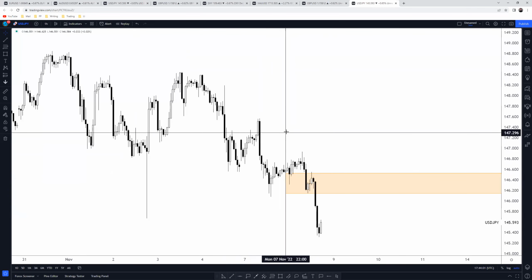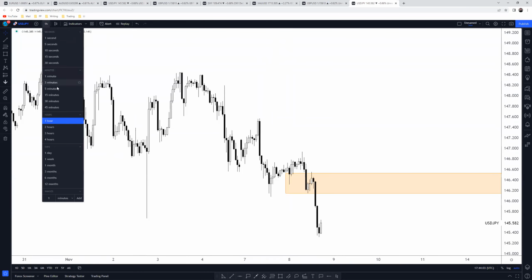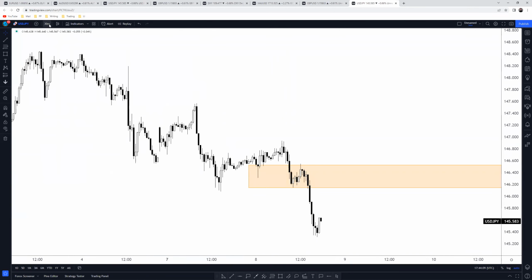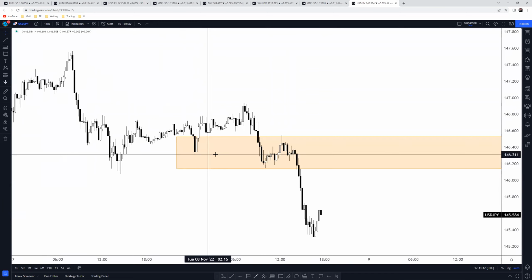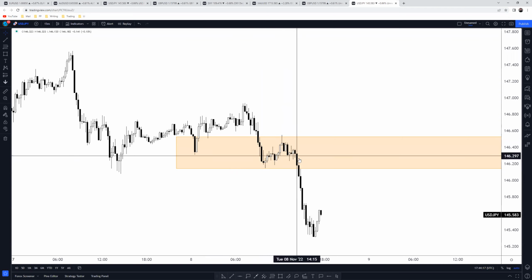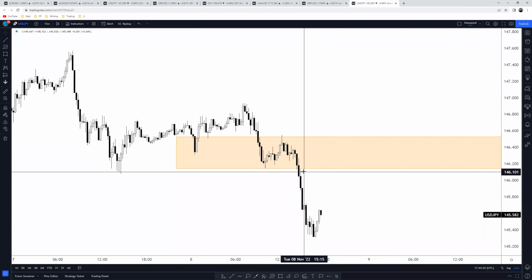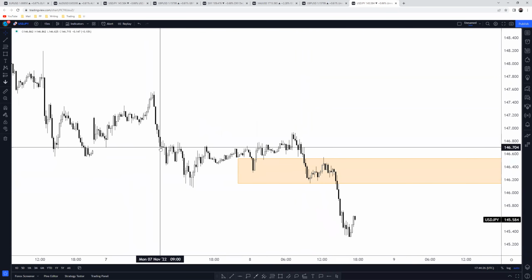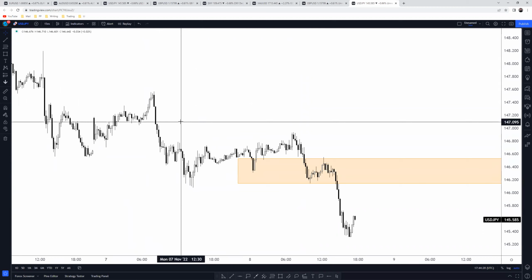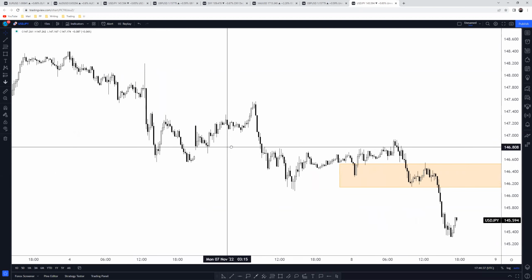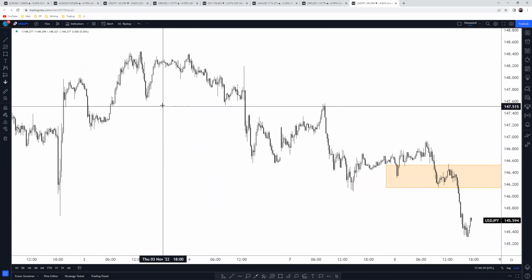Let me just see on the H1, see if we can find anything a little bit closer to home. See, there's nothing. Just going down as far as I can to try and find something. You see, it's all connected. You see there's a small decision point there, another one here, another one there that's been tapped, another one there that's been tagged. Look, there's nothing really that tells me trade me. Does that make sense? Look, when you have more experience with these, you will look at the charts and you'll find those areas that just have trade me written all over it. How long that takes the average person, I'm not sure, but